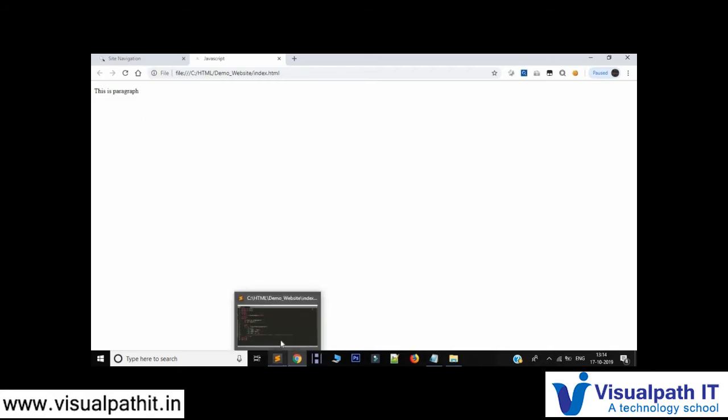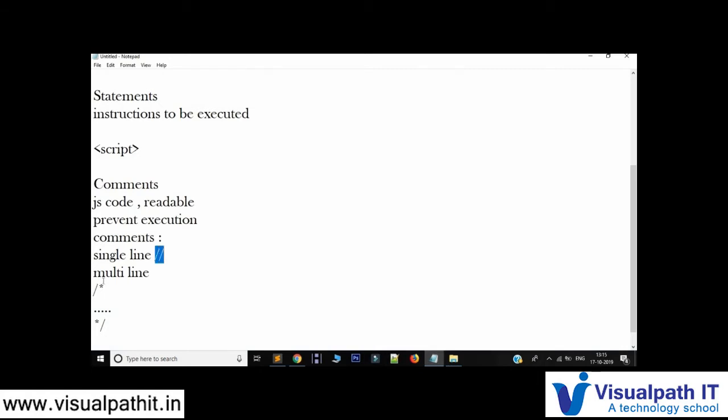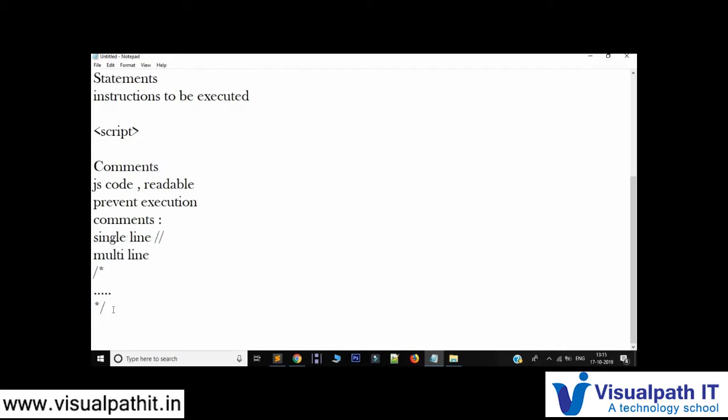In place of cutting it and then again pasting it, a good developer, or really a well matured developer, will make use of comments also. So there are two types of comments which you can give: the single line comment, and the second one is the multi-line comment. For single line, you just need to give 2 slashes, and for multi-line a slash and a star. Then in between it is like an element. Just consider it like an element which has an opening tag, a closing tag and content. So this is the opening tag and this is the closing tag, and the code which you are supposed to prevent from execution will be the content over here.